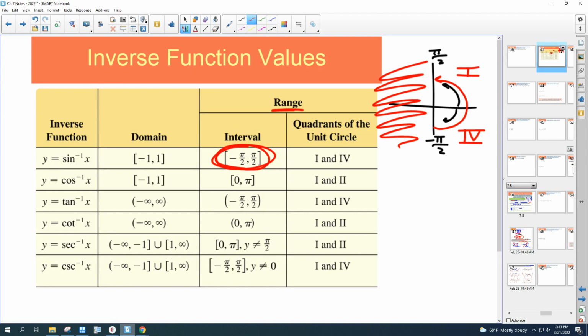It's only defined in the first and the fourth. So that kind of makes it easier though, because if you get a positive number, you know you're talking about the first, and if you get a negative, you know you're talking about the fourth. Now, if I look at the inverse cosine function,